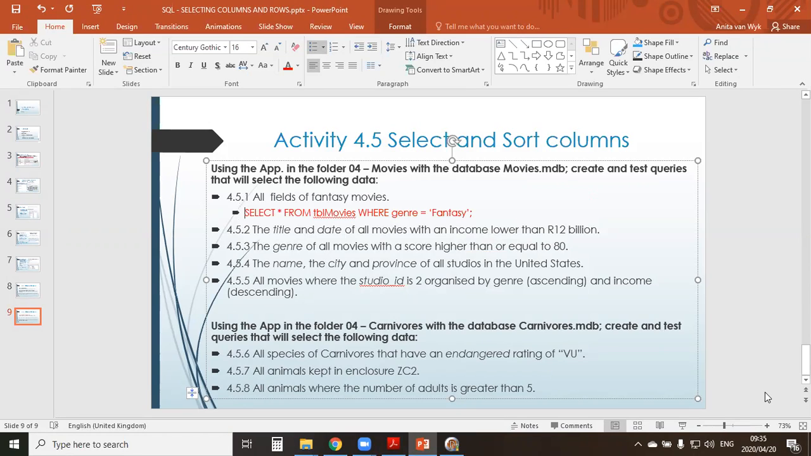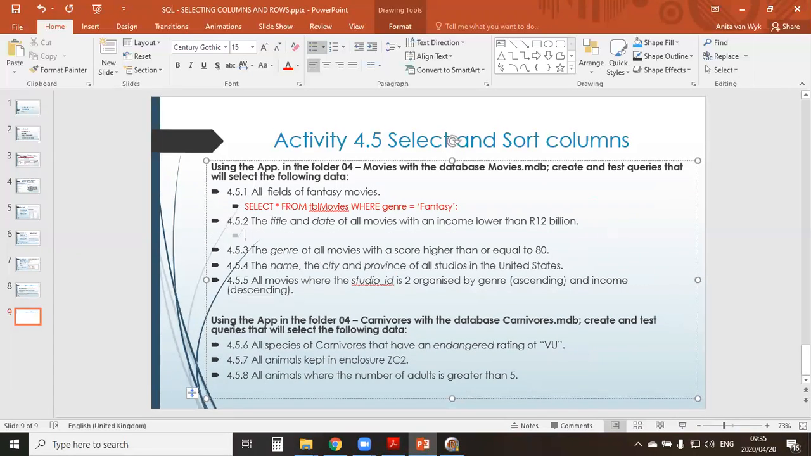Let's quickly take a look at the next question. This time I'm looking for the title and date of all movies with an income lower than 12 billion. So again, I write select, but instead of just star, because now I want specific fields, title and date. But now I can't just say date. What was it called in the database? It was called release date. So it's very important that you're using the actual names that were given. From TBL movies,